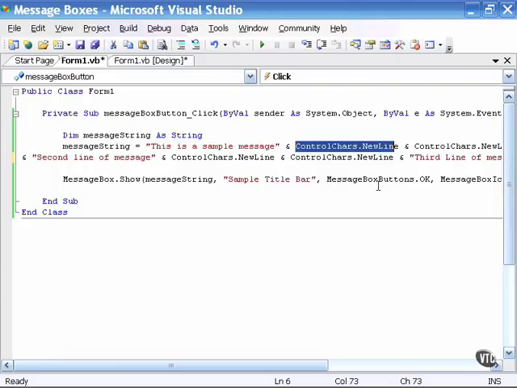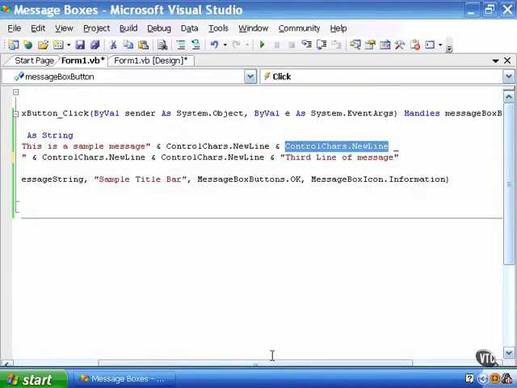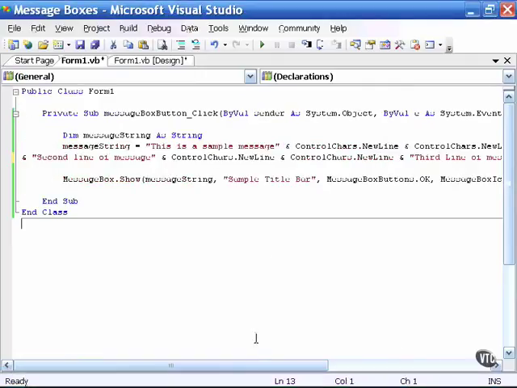So currently my messageString reads, this is a sample message, followed by one NewLine, followed by another NewLine, followed by the second line of message, followed by a NewLine, followed by another NewLine, and then the third line. Let's take a look at this